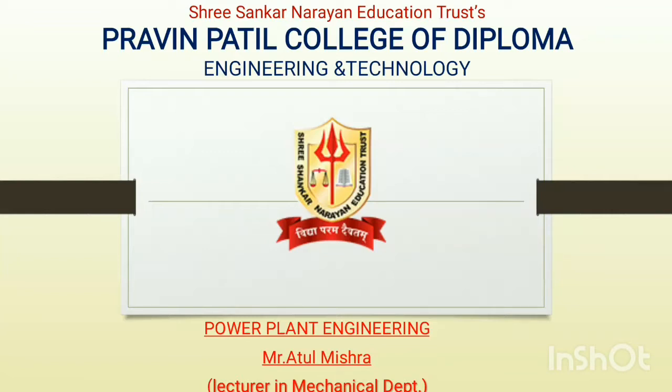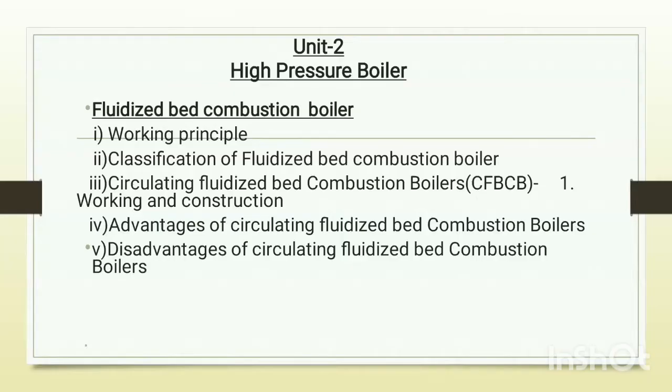We are studying the power plant engineering subject, and we are at the second unit, that is high pressure boiler. So let me revise the previous topic that we studied in the previous video. We studied in this chapter the introduction to high pressure boiler, and we studied in detail about different boilers, that is Bunsen boiler, Loeffler boilers, fluidized bed combustion boilers, Smith-Hartmann boilers, Ramsden boilers. So about these boilers we have studied in detail.